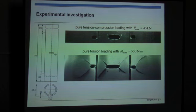Certainly we did some basic experiments on the tension compression alone with some maximum force on these tubes. The tubes had an initial starter notch, which you can see here, and well, under pure tension there is nothing astonishing what happens. The cracks start at the notch root and grow straight through the tube, and under torsion, well,